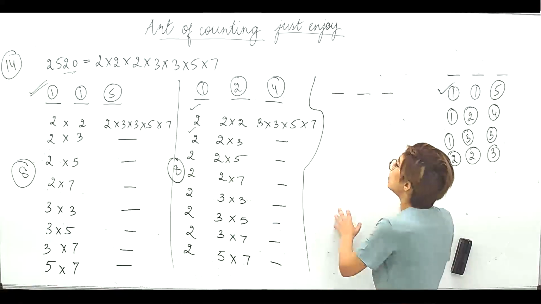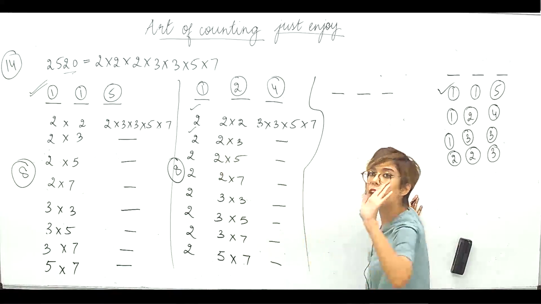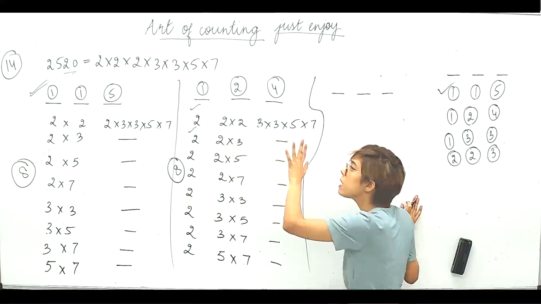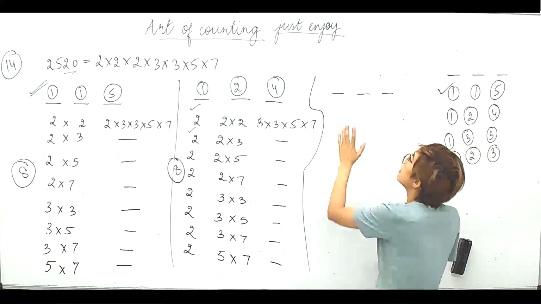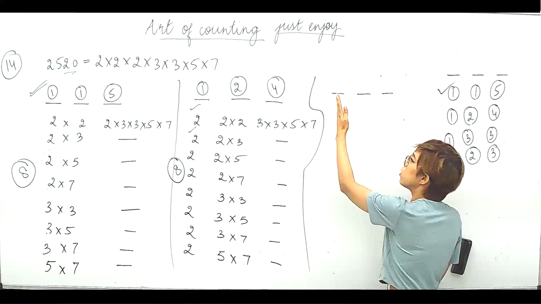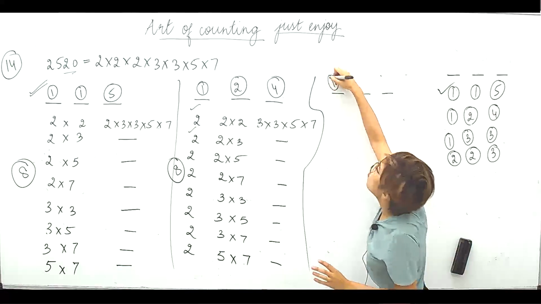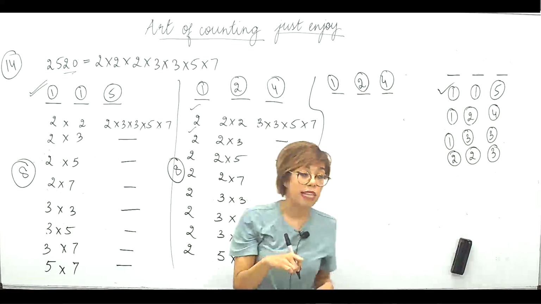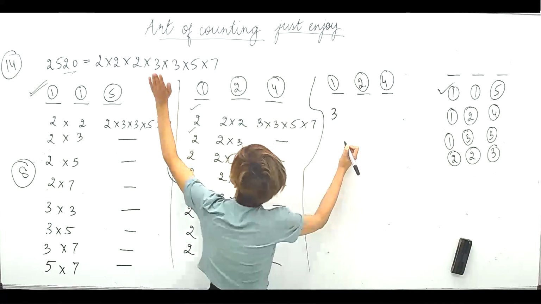That means we'll seclude. Now I should not be saying starting with because here the order does not matter. That you understand, right? I can write 2 into 2 first and then 2 in the second case. It will be expressed in the same way. So I should be saying when I take 3 in the secluded form. So I will not say that take 3 in the first place. I should say 3 in the secluded form. Right? But you understand my point, right? You understand my emotions. Not a big deal. Right. So 2, 1 is exhausted. So यहाँ पे डालते हैं 3. So 3 is occupied now.